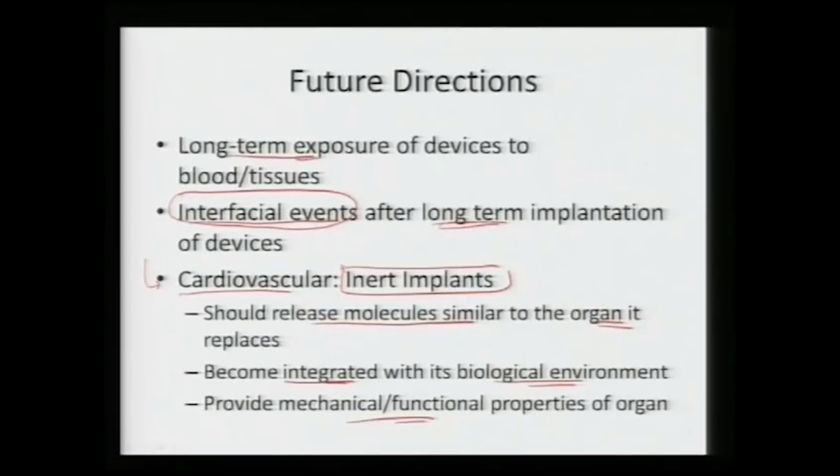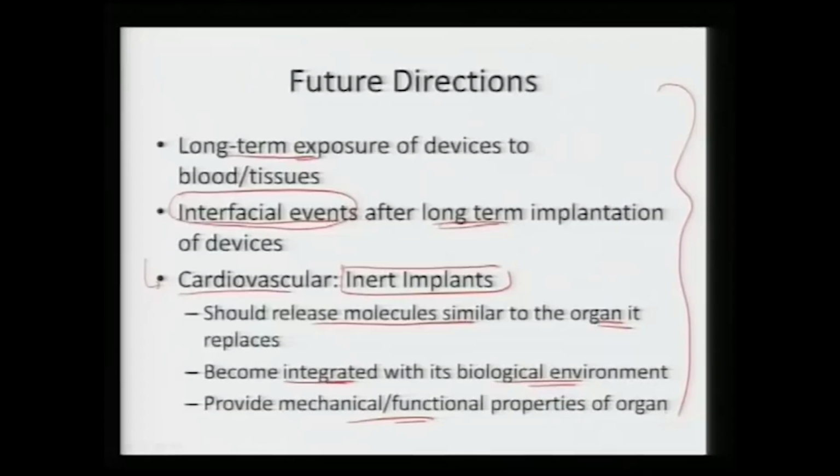It should sustain the mechanical loads which a particular organ has to sustain, and also perform the functionality of the particular organ which it is replacing. So, that is where the overall natural future direction is leading us. It is long term exposure of devices to blood and tissues, considering the interfacial events even after long term implantation, and the usage of inert implants, so that there is no toxic or any adverse